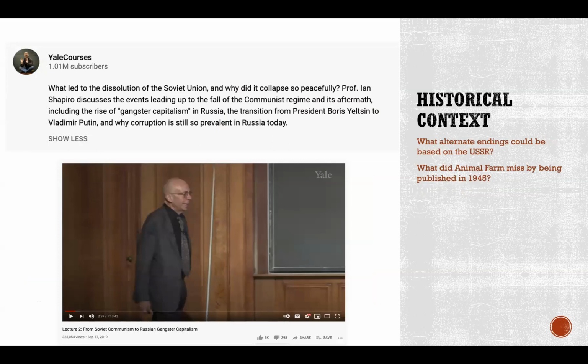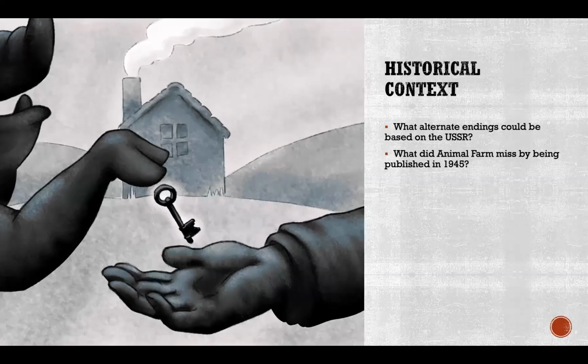I also watched a bunch of Yale lectures about the later stages of the Soviet Union, to try and work out what I could draw from that. And one of the things that was most useful for was determining some of the alternate endings for the story. As I say, there aren't happy endings, but there are a lot of other bad endings. One of the bad endings is that if you get your farm into a sufficiently poor state, the pigs can decide to sell it off and live on the profits, and to hell with the other animals. But they're going to get theirs, and they're going to survive the end of Animal Farm, and as individual pigs be wealthy. And this was very much based on this lecture